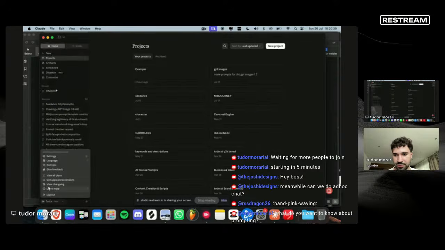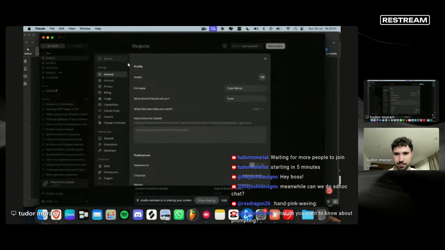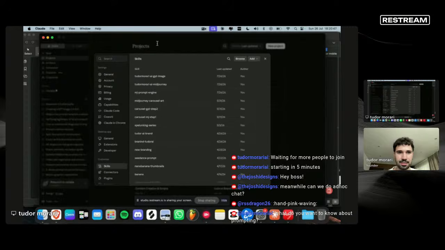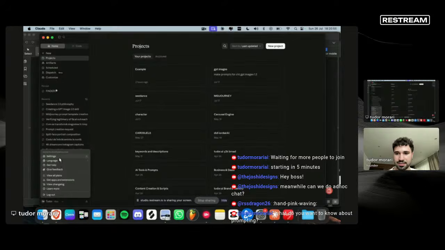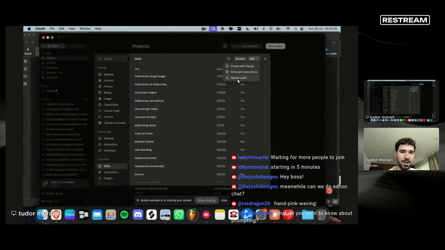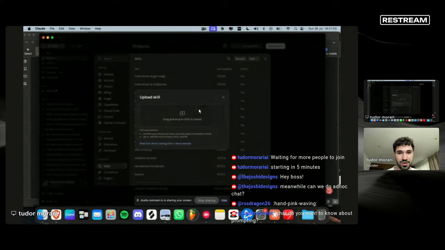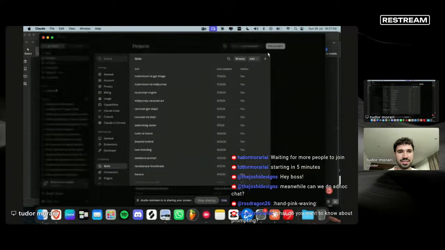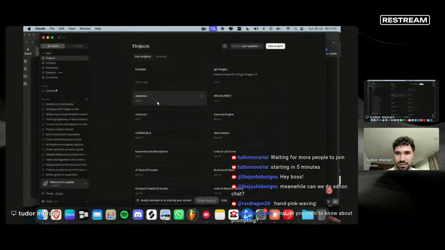here. You see, you're going to go to settings. And you're going to have to write in here skills. So here, when you see the search bar, you're going to have skills. And then you're going to be able to say create skills, add skills, and then upload the skill. So again, you're going to your account, settings, skills, and upload skills. And I'm just going to send you the file, and you'll just need to upload it here. You're going to have to load it a bit,